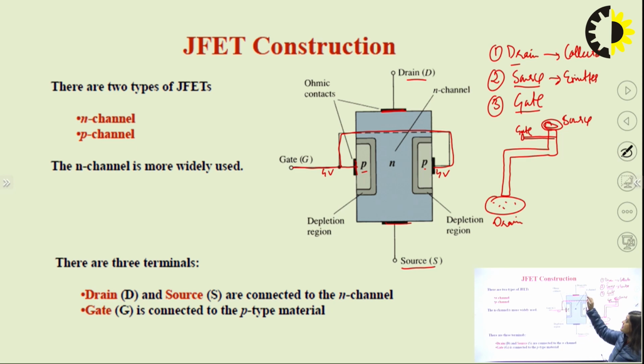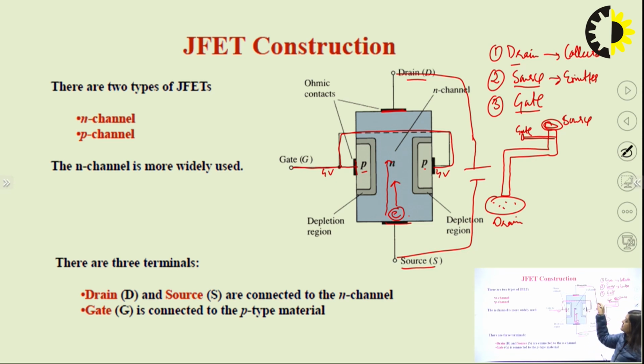Now we will connect the drain and source terminals in such a way. This is an N channel, so majority charge carriers will be electrons. Electrons must be emitted from this point to this point. So for the emission of electrons from the source side, the source must be connected with the negative supply, and the positive side will be connected with the drain side. If the source is connected with the negative supply, then this negative supply will repel the electrons from this point, and electrons will move upward towards the drain side.